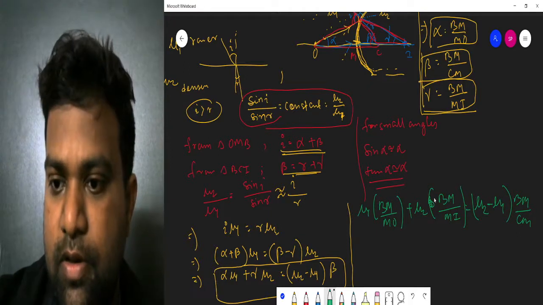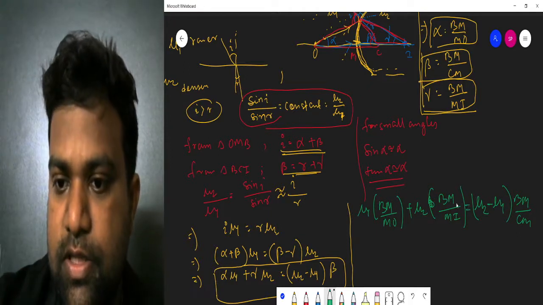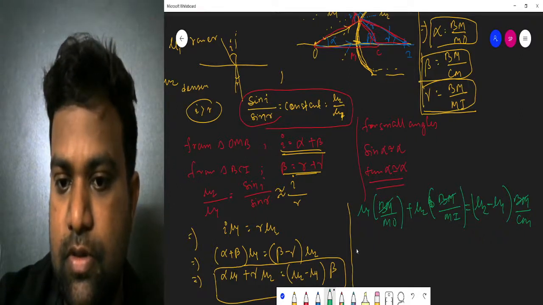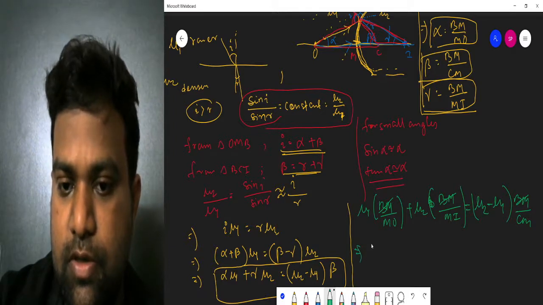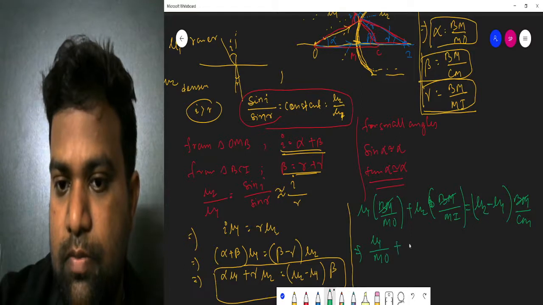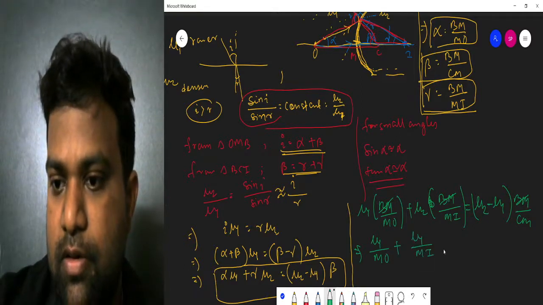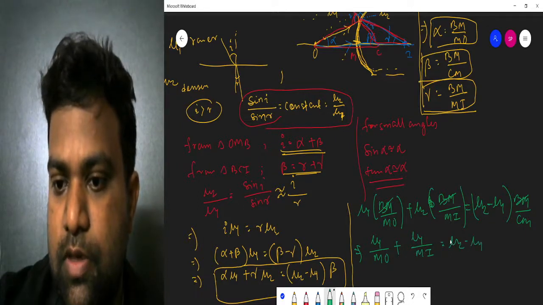So Bm is in the numerator and in both sides it's there, so Bm will cancel out. So what will remain? mu 1 by Mo plus mu 2 by Mi equal to mu 2 minus mu 1